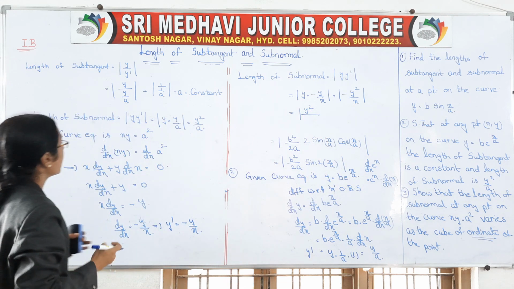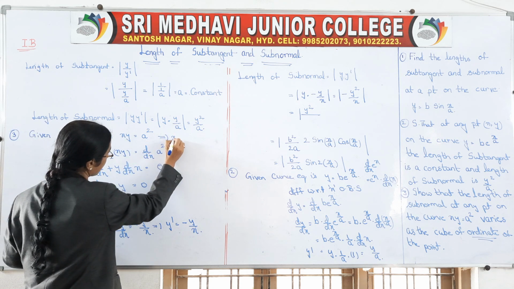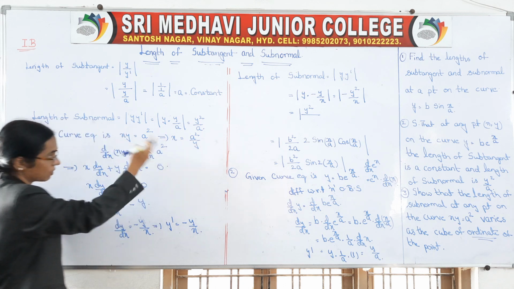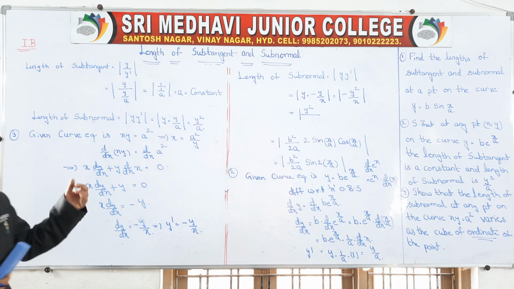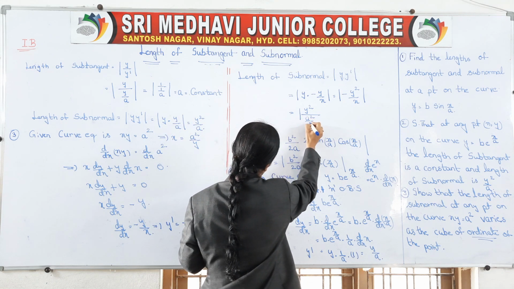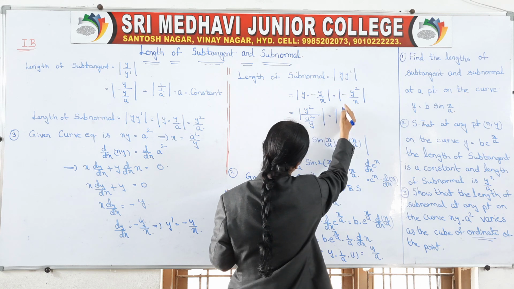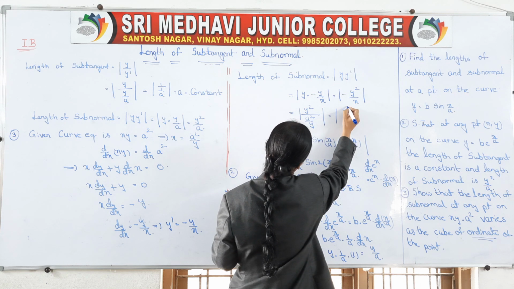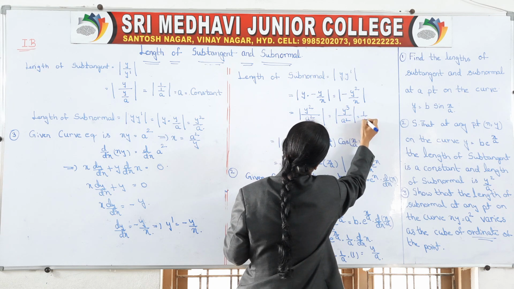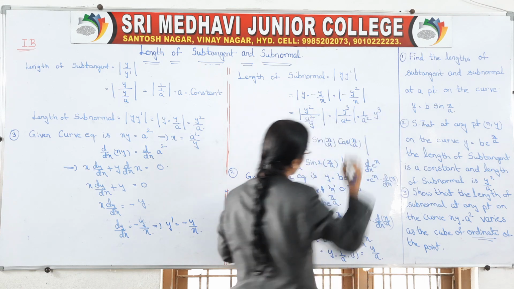How will we get our x value? From this given curve equation, what will be our x? x is equal to a square by y. Send this y to that side. x is equal to a square by y. So come on, it is a square by y. So we can write this as y goes upwards, y square into y by a square, which gives y cube by a square. So it is nothing but 1 by a square into y cube.